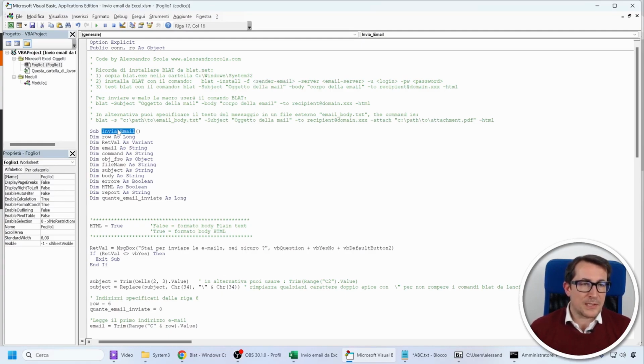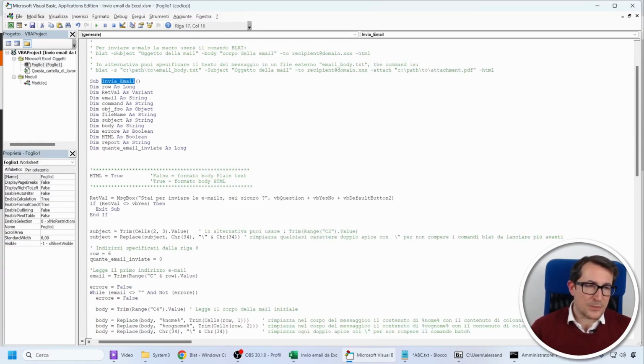There's a subroutine to send an email that does a few things. First of all, we have a parameter that you can set to true or false depending on whether you want to send the email in HTML format or plain text. So, HTML equals true will send the email in HTML format. This is very crucial and significant if you want to include HTML tags in the body of the email, like images or links, but it will also be important for tracking opens, meaning checking if your email was opened and when, which we'll discuss in more detail later.